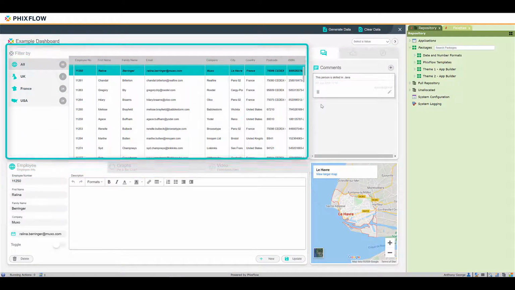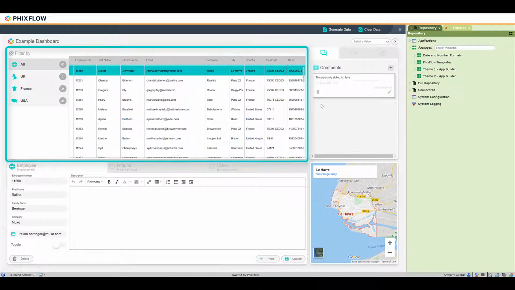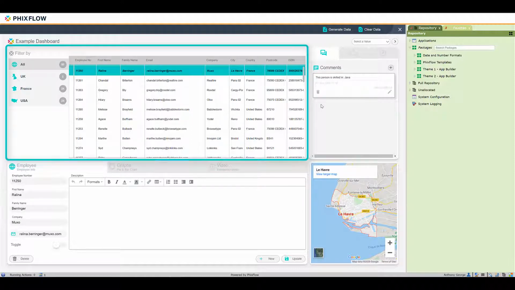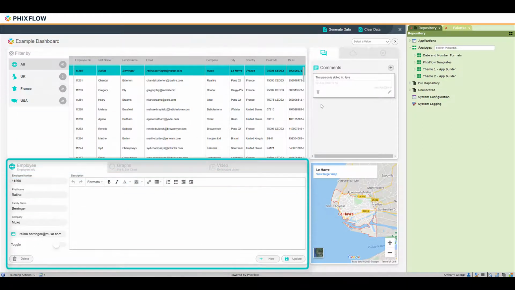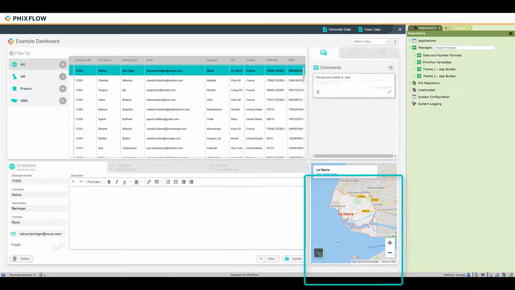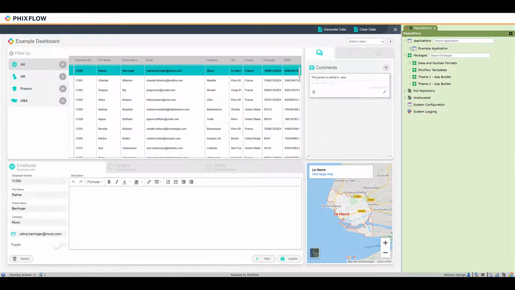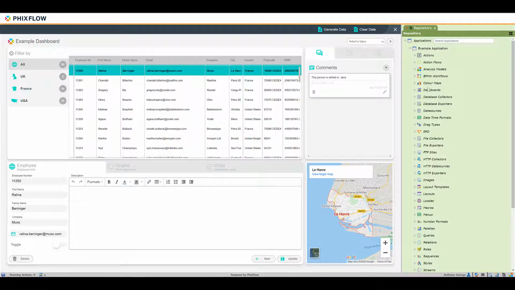We'll also look briefly at the tiles, so we'll see how to use the headers and the content and the footer of those. However, we will cover tiles in more detail in a separate video. We'll also look at the tabs, and finally we'll look at adding a map component. So let's get started. We'll begin by creating a dashboard,